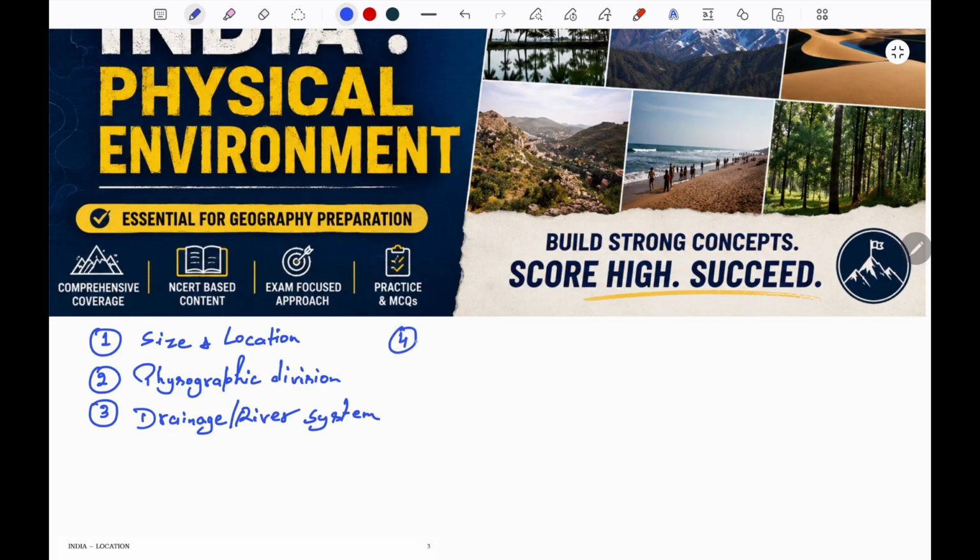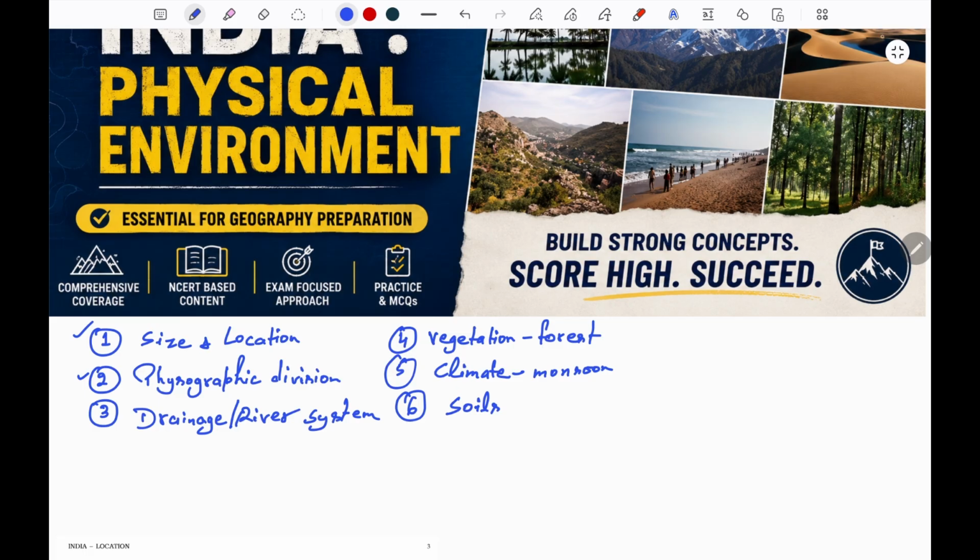Fourth one is vegetation, forest types in India. Fifth one is climate with major focus on monsoon system. Sixth one is soils and their distribution in India. So now in this first part we will be covering these first two topics, that is physiographic division and size